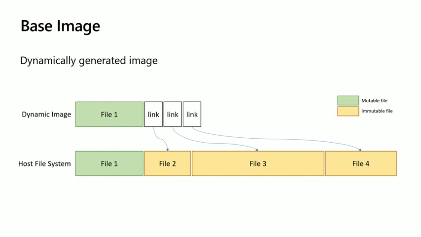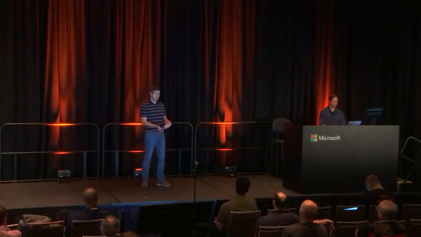So instead, we have this technology called dynamic base images, where we essentially take what we can. The user already has a perfectly good version of Windows on their host, right? We'd like to just leverage that inside the container as well. But we can't use the whole thing, right? There's certain aspects that we don't want. Like if they've installed other applications, we don't want that visible inside. Or if they've made changes to certain mutable files, like registry hives or configuration files, that can't be inside the